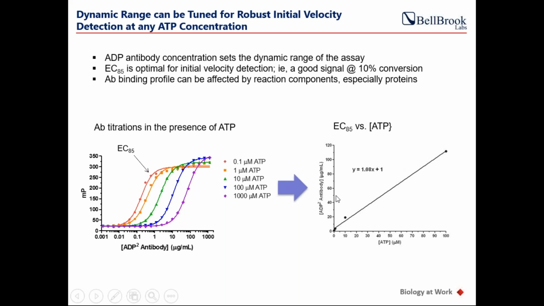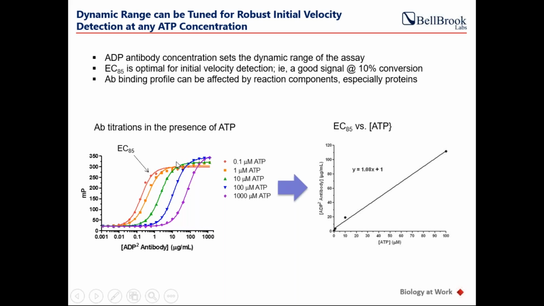And there's actually a linear relationship between the optimal antibody concentration and the starting ATP concentration, and that's provided in the protocol. So in some cases, it's not even necessary to do the antibody optimization yourself. You can take it right off this linear relationship. And we found that the EC85, that is the concentration of antibody that gives you about an